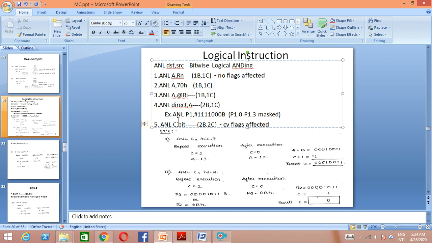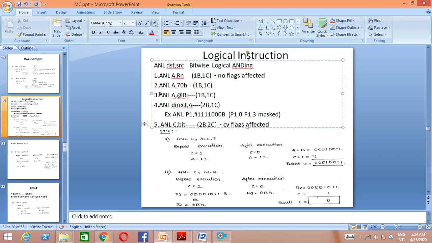Remember, only when you are performing an operation on a single bit of the carry will the carry be affected. Otherwise no flags are affected. Let me give you a hint about when flags get affected: after some operation, if a carry or auxiliary carry is generated, or you are checking parity, or some value changes in the carry, then only these flags are affected. Otherwise flags won't be affected.